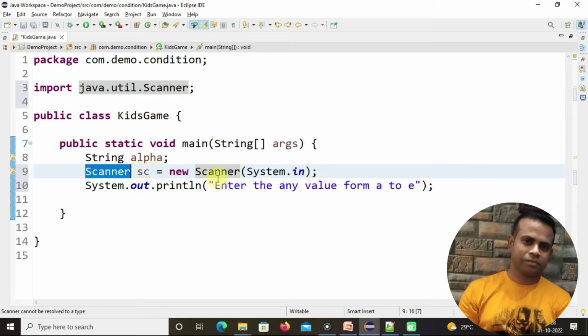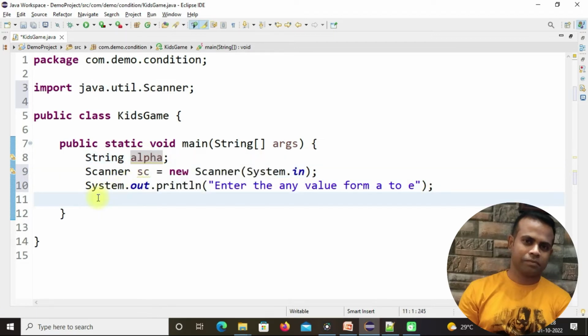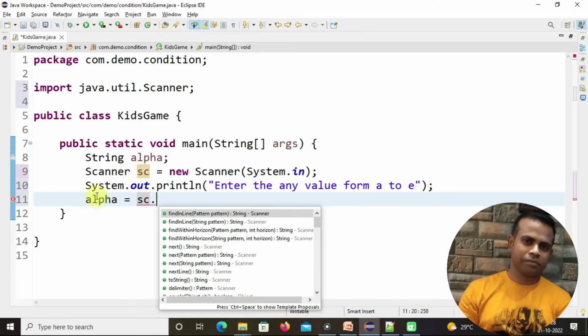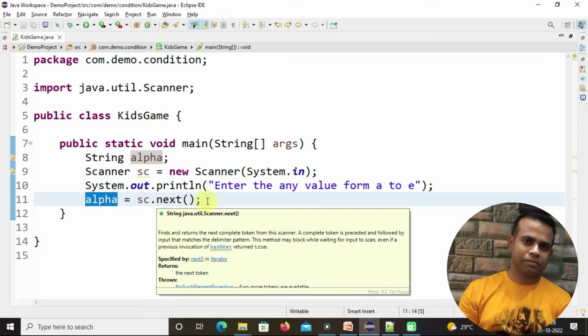Now my Scanner instance is ready and I have to collect this entered value under the variable alpha. So make alpha equal to sc dot, and since it's a string, we can use the method sc.next. That means our variable can take the value entered by the user.